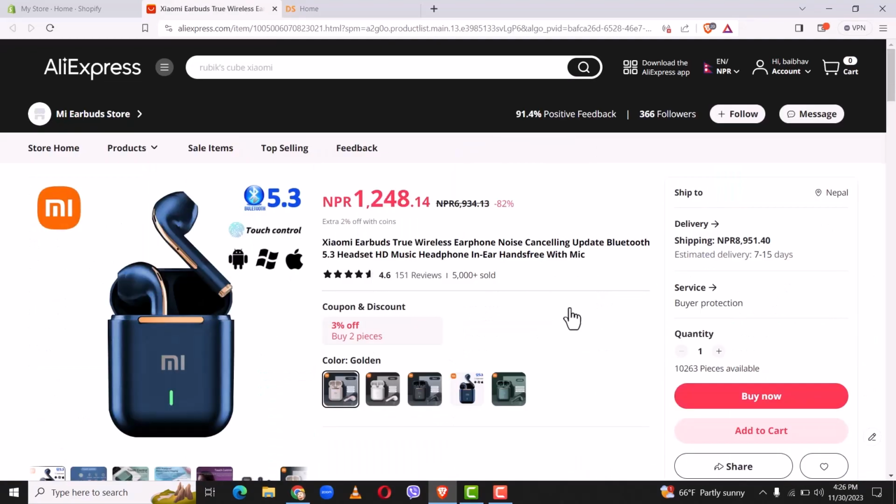I can select any product which I wish. As you can see right here, I have selected the product, and now I need to order the product. You can select the quantity from here, and just like that you can order the product. In order to order the product, you'll simply need to click on buy now and place your order.